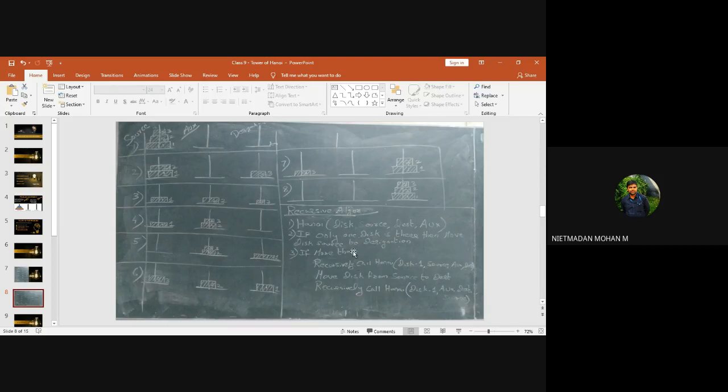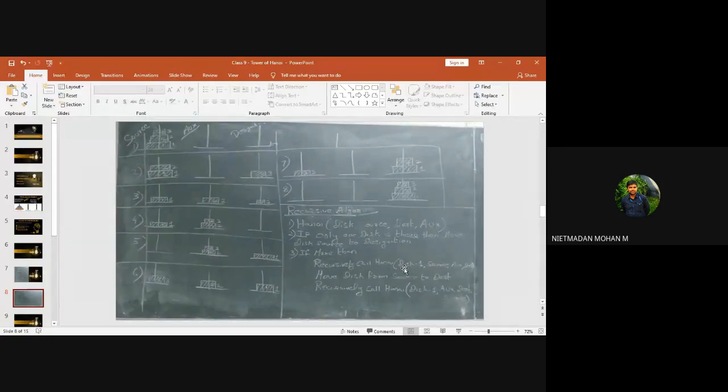The third point: if there is more than one disk, recursively call HANOI. Recursively means you are calling this HANOI function repeatedly with arguments.